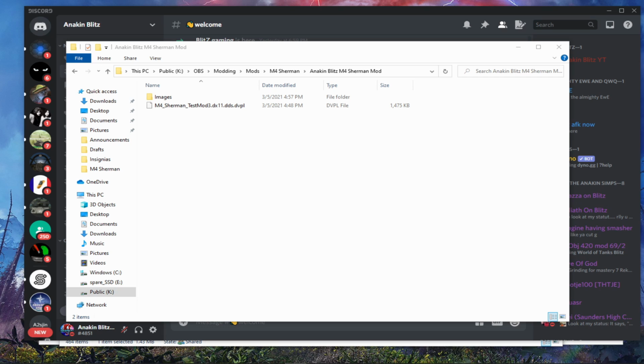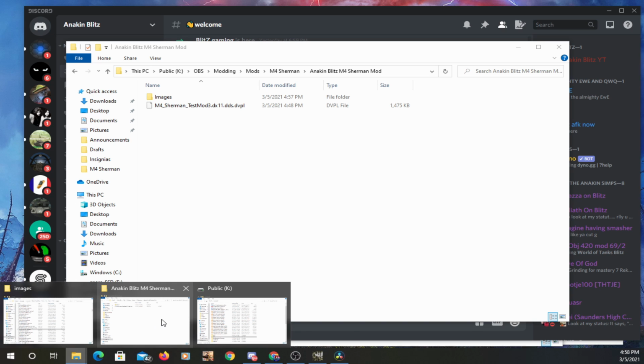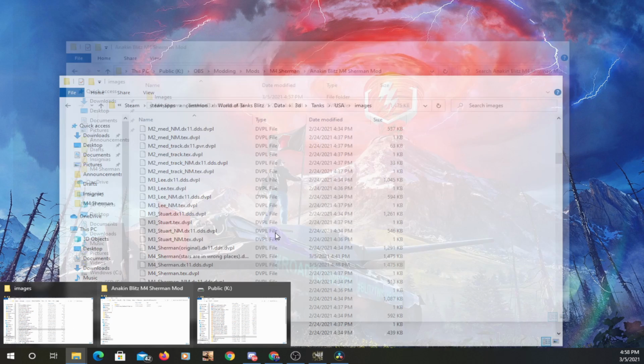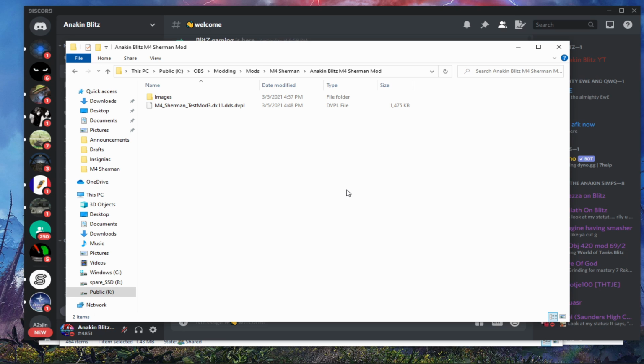Well, I don't know how I somehow forgot this, but it's actually a really important part of modding: camouflage masks. I'm recording this after my video. I just realized it while I'm editing the video, but camouflage masks are very important. Without a camouflage mask, you can have the image there, but if you put any camouflage on your tank, it's going to make that camouflage go on top of your mod, and you won't really see it, and it'll look really weird. And if you want the mod to be on top and make sure that there's no camo at all, just like my T-32 and my Sherman one that I was showing on my screen, what you're going to need to do